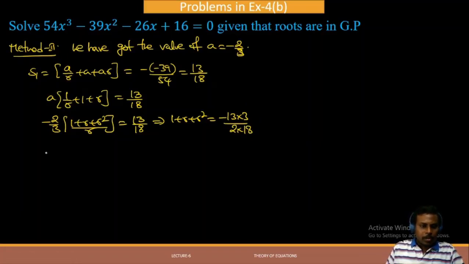So this implies 1 plus R square is equal to, here this becomes 6, so it is minus 13 divided by 12,